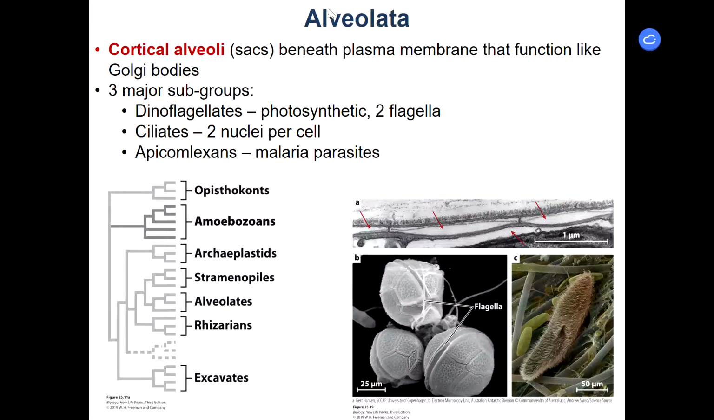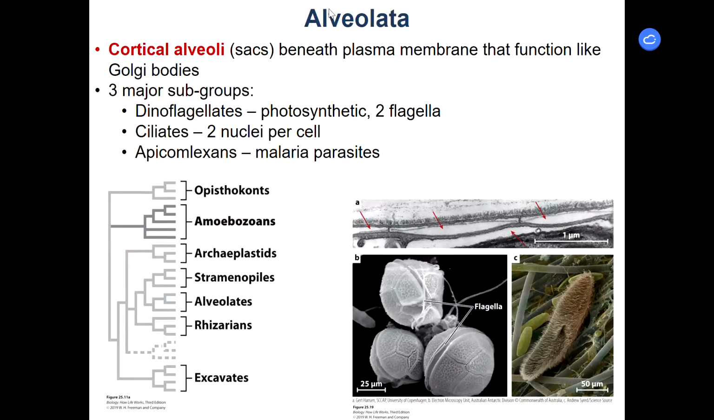There are 3 major subgroups: dinoflagellates, which are typically photosynthetic, and they have 2 flagella. Flagellum is singular, flagella is plural. You can see here, it's pointing to their 2 flagella coming off. We have ciliates, which are interesting because they have 2 nuclei per cell. And then we have the